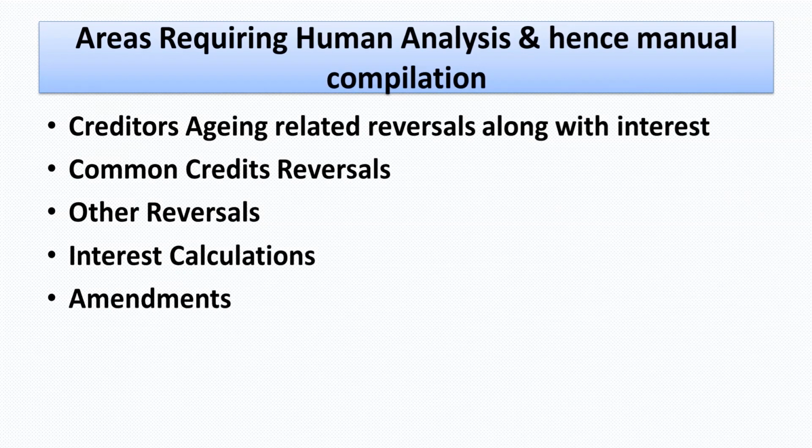So creditor aging related reversals, again, to the extent that is there in the present scenario, we have to manually incorporate those things. We also have common credit reversals. Let's say we have a rent, audit fee, or consultation fees which is paid, and our business has both taxable as well as exempt goods. So these all credits become common credits, and to the extent of exempt supplies, I need to reverse it. So one is on a month to month basis, we need to do these D1, D2 reversals, what we call, in compliance with rule 41 and 42.